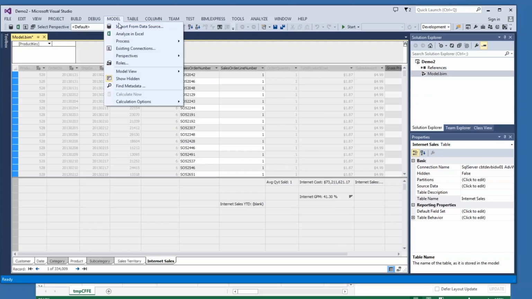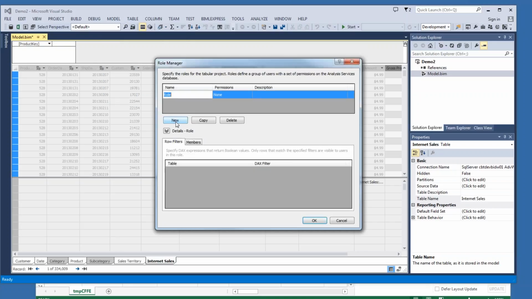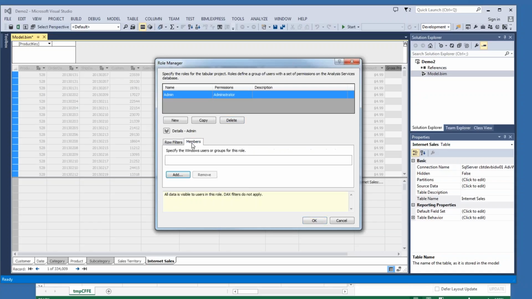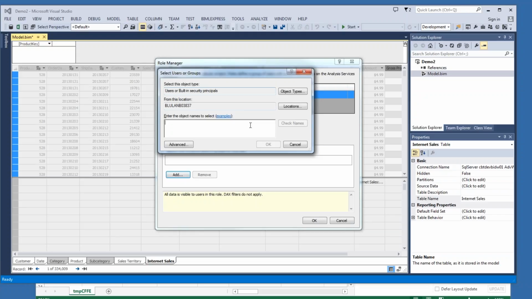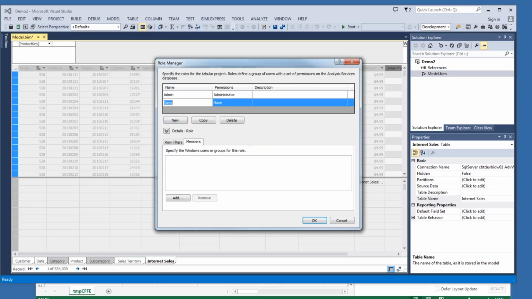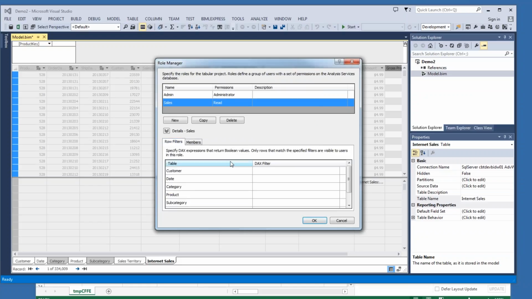All right, the last thing we'll look at here is roles. And here I can create a role like admin, and that person is an administrator. And then you can actually add members to it. So you can add AD accounts to that role. I can also call one sales, make it read only, and I can add members to that. But in my